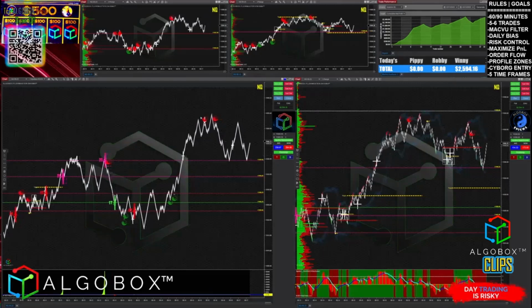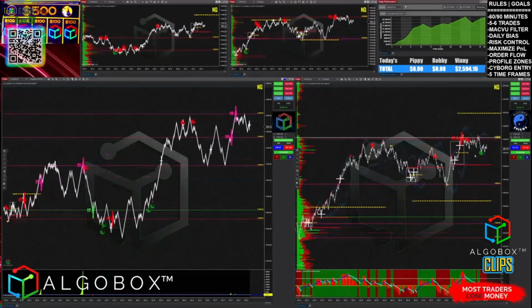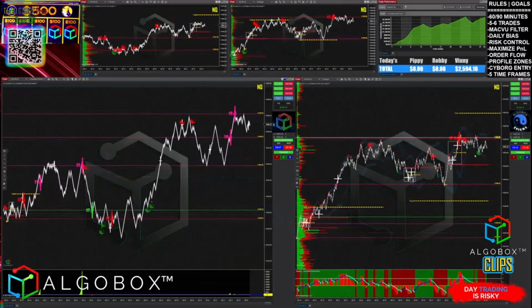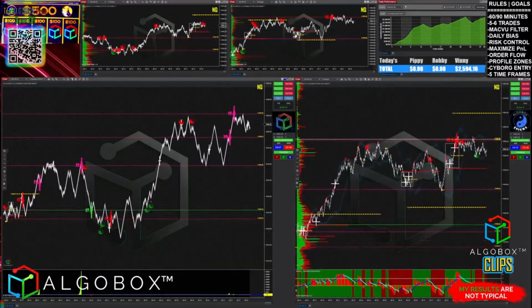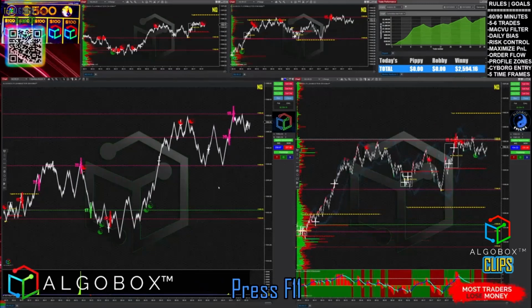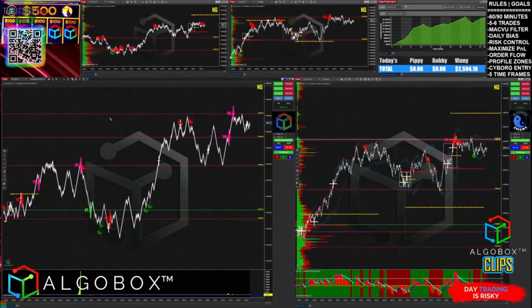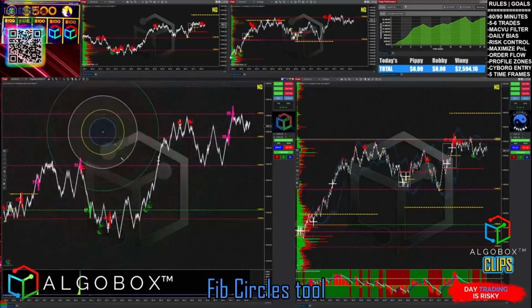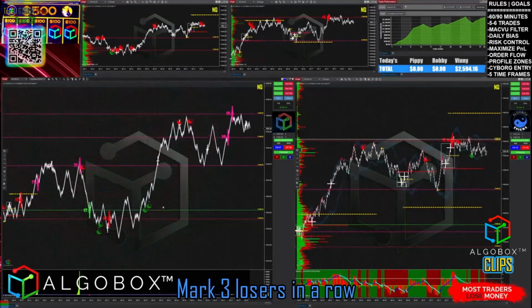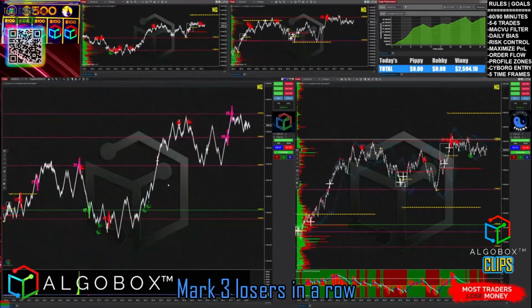Okay, so let's talk some strategy. The one I have River doing, who's out there doing his Apex funding stuff, is a simple cadence strategy. I have him press F11. F11 is the fib circles tool, this crazy thing. And you basically just mark 3, wait for there to be 3 losers in a row, which is sometimes hard to find